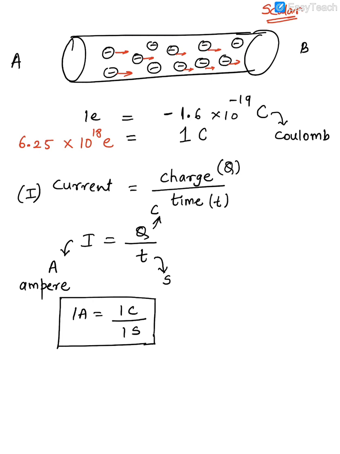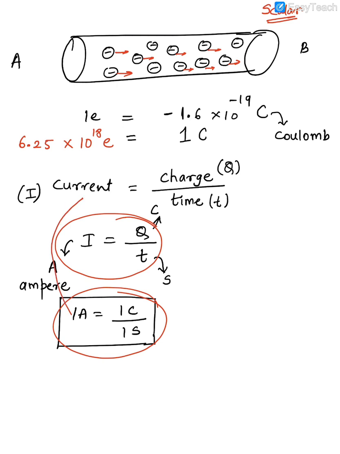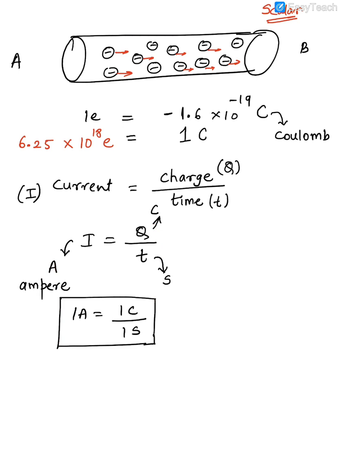So guys, if you realize, you can just use this formula and these units and you will be able to define it. You do not need to learn it by heart. So 1 ampere is the current produced when a charge of 1 coulomb is passing through a conductor in a time of 1 second. Clear guys? So it's a very, very important definition. It is usually asked in the exams to define 1 ampere.